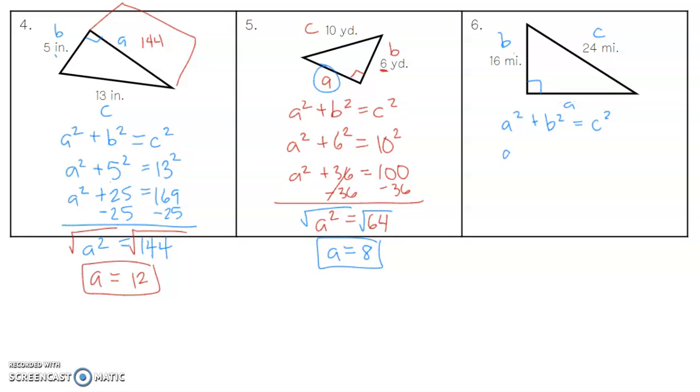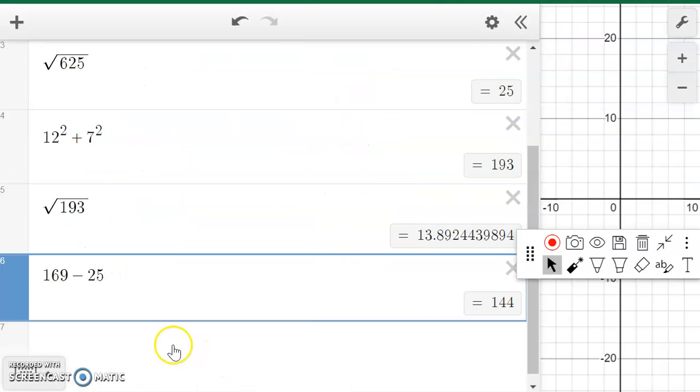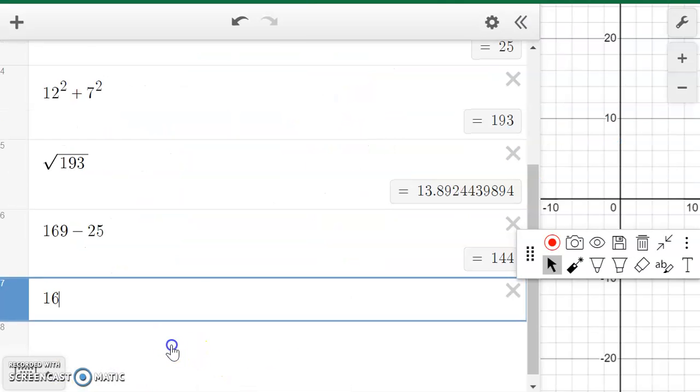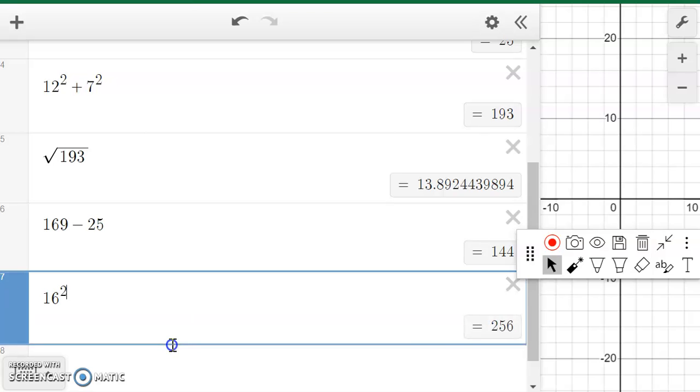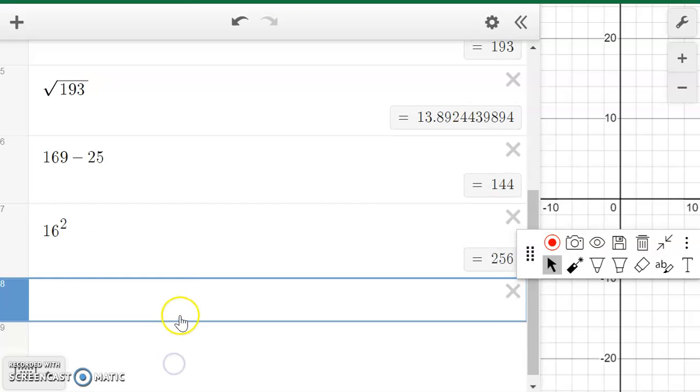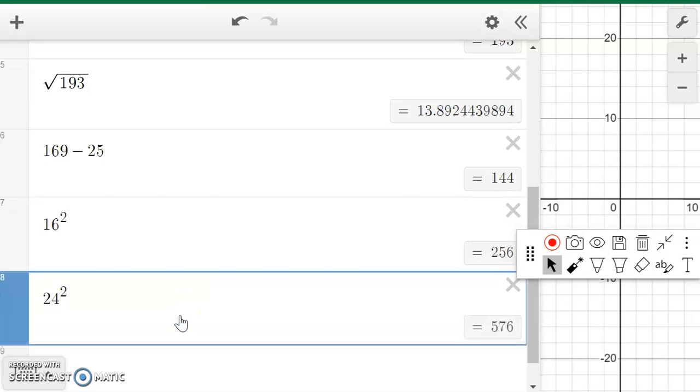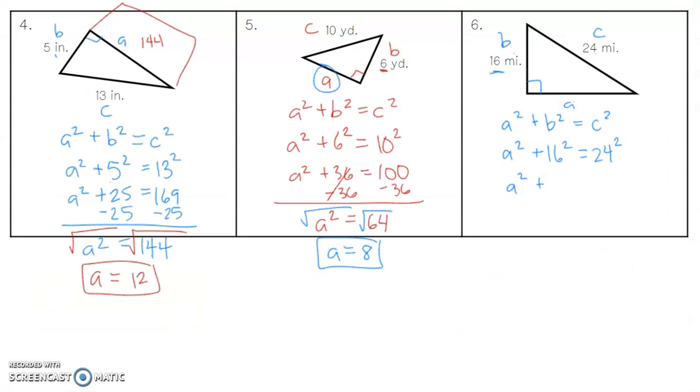Right, substitute. a squared, b is 16, so 16 squared, and c is 24, so 24 squared equals c squared. All right, so those are some big numbers, so I would go into Desmos. I need 16 and 24 squared. So 16 squared is 256, and then 24 squared, okay, so 256,